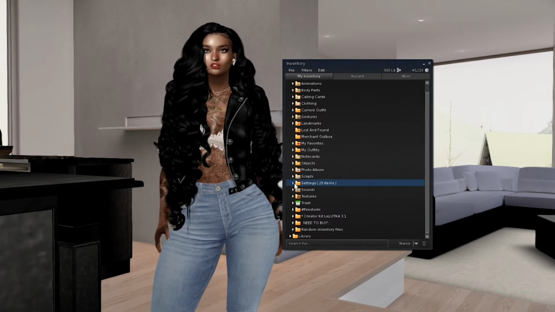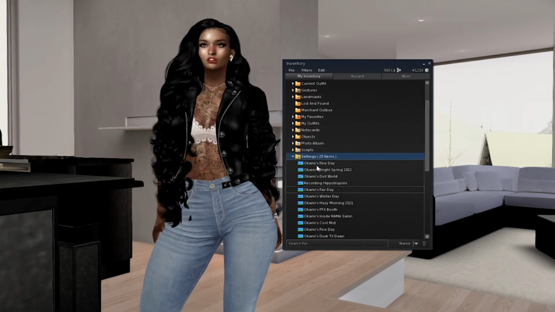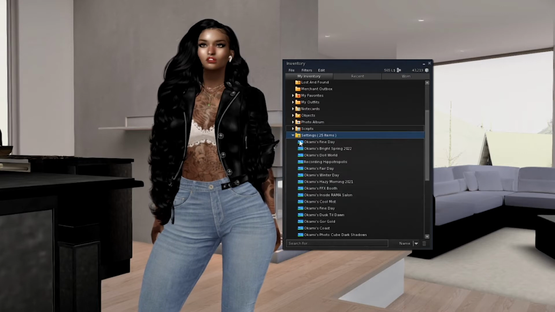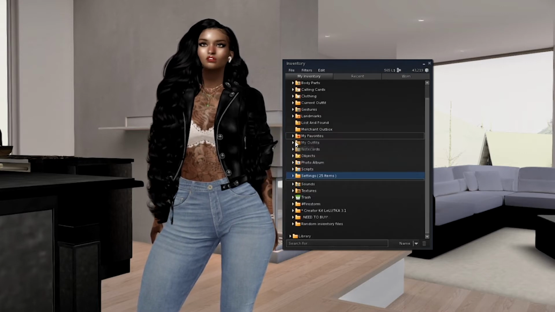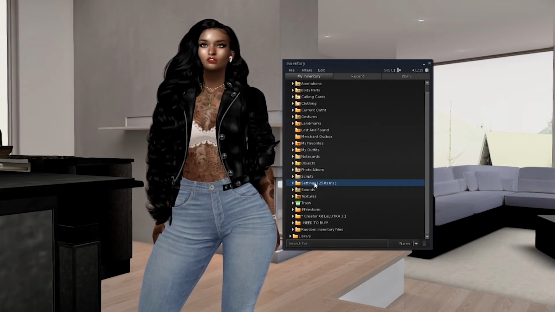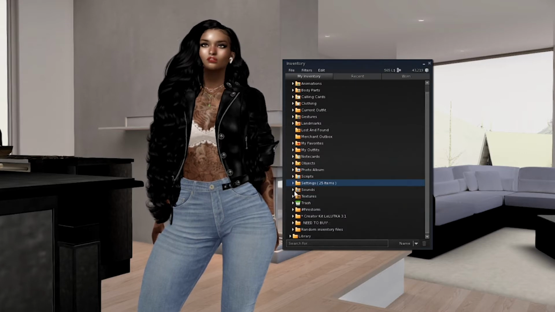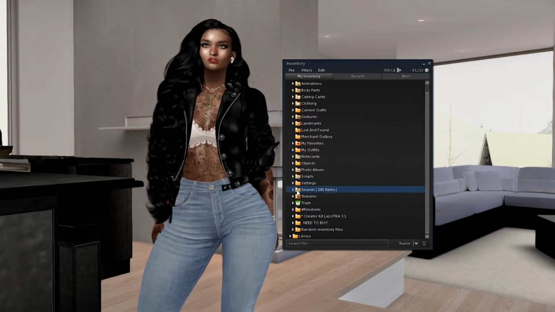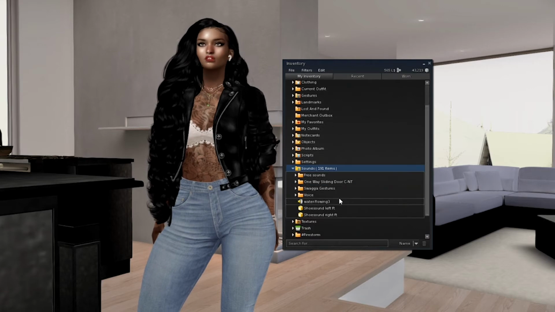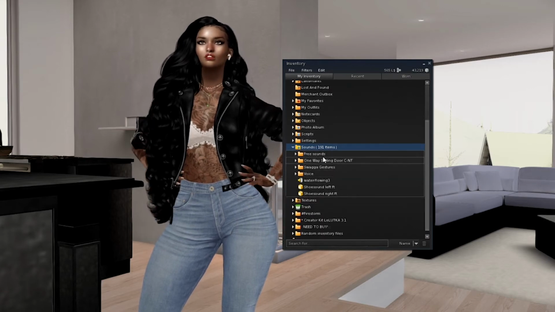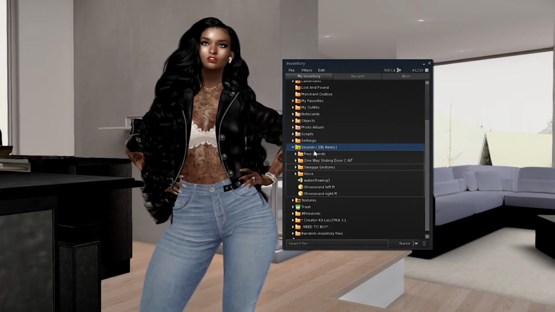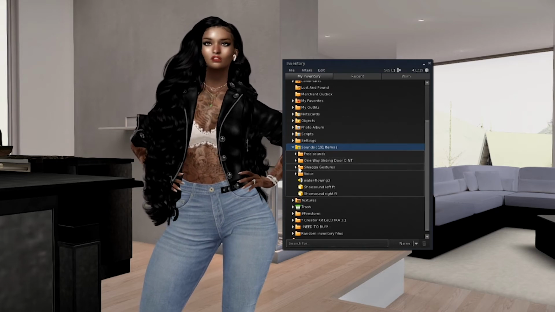Settings. This is also something new that was added not too long ago. It's where you save all of your sky presets that you create. Sounds are different sounds that you might come across. Well, there are default sounds, I believe.